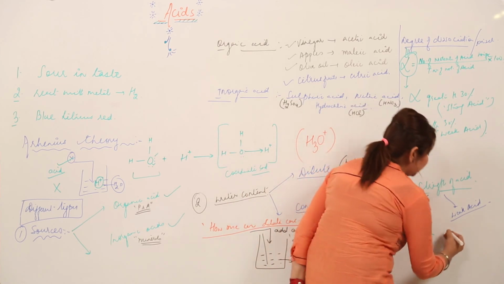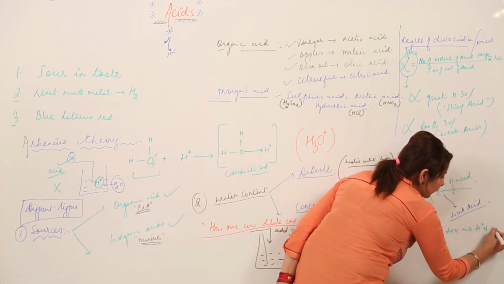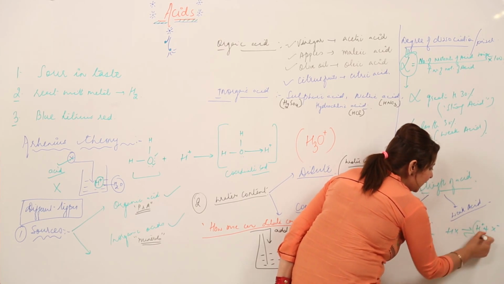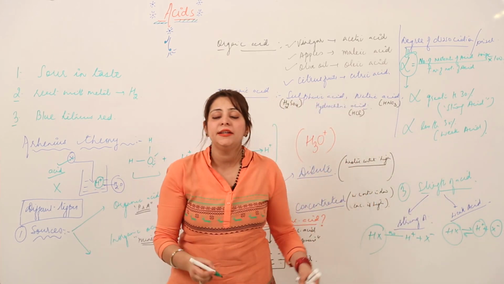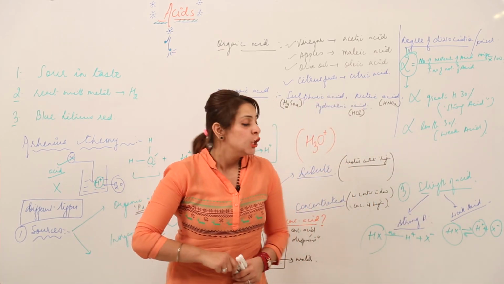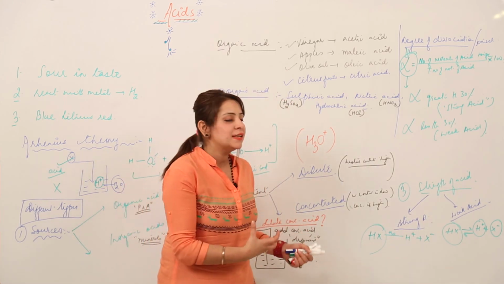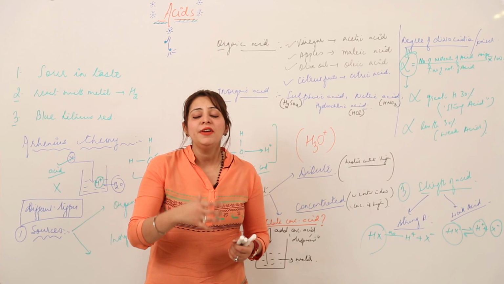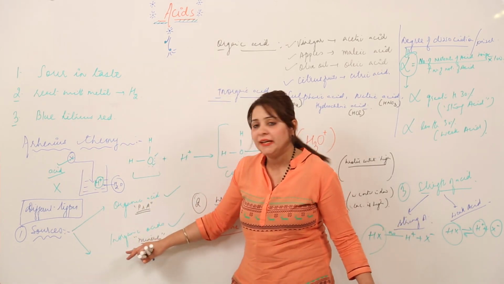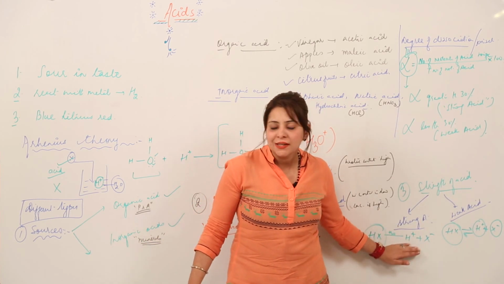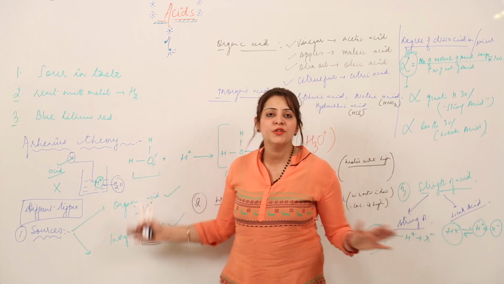And a weak acid is something which gets partially dissociated. That means we will see the H+ ions, the X- ions, and we will also see the unionized molecules. So the strong acid gets completely ionized and the weak acid gets partially ionized. When we look for examples, the inorganic acids are the strong acids and all the organic acids are the weak acids. So this is how we classify the